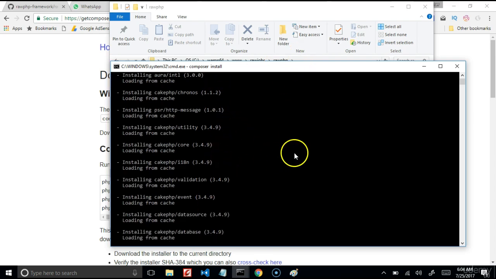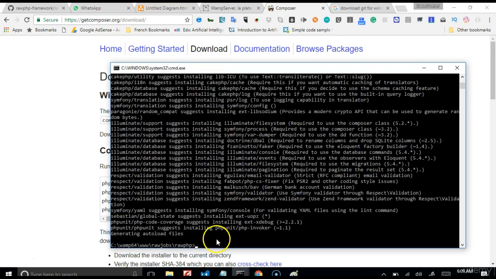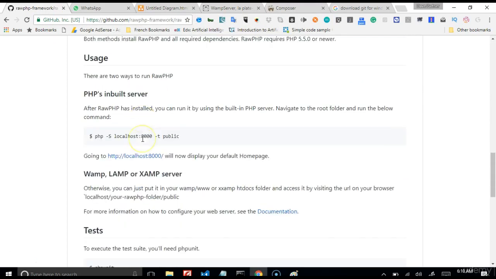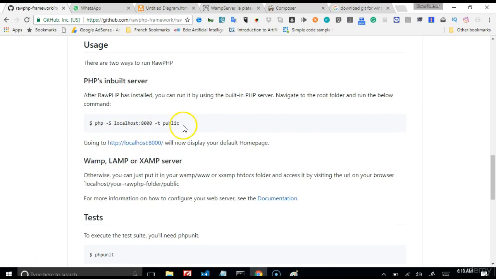So it's installing everything we need. Depending on the speed of your internet connection, this could take between 1 minute to several minutes. It's completed, and we need to run our RawPHP site to see what it looks like. The first thing we're going to do is run a PHP server according to the documentation. After we've installed, we're going to use it by running this. So we just copy this